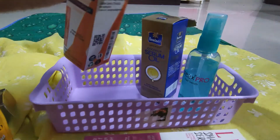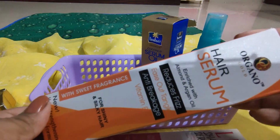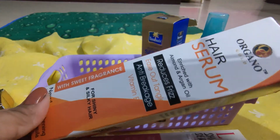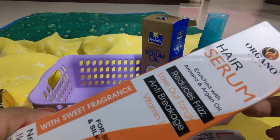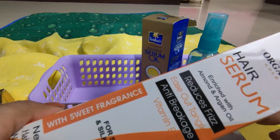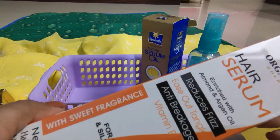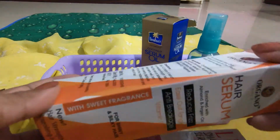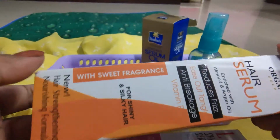The next one is a recent purchase. I have tried it almost 2 times so far. It definitely gives a very sweet smell, but it makes my hair really oily after applying. Let's say on the first day it doesn't make it so oily, but the second day onwards it becomes really oily. So I will recommend, if you are just looking for some good and affordable serum, definitely